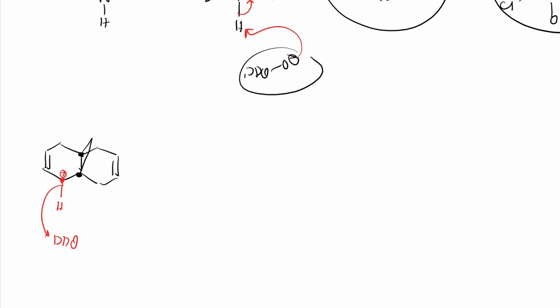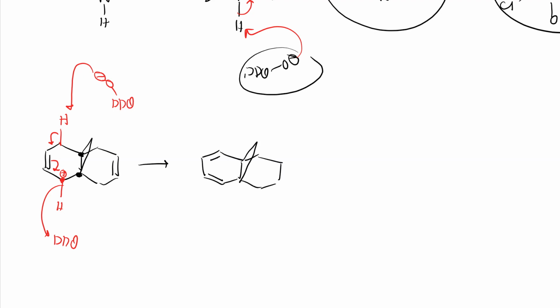So further then what happens, here proton, here also proton is there. So this DDQ along with oxygen having negative charge, right? It will take this proton, this pi bond will shift, this will shift, and it becomes neutral. I hope you are getting it. If I write directly, I'll get this product. See, double bond here, double bond here. Other things will be like this, right?